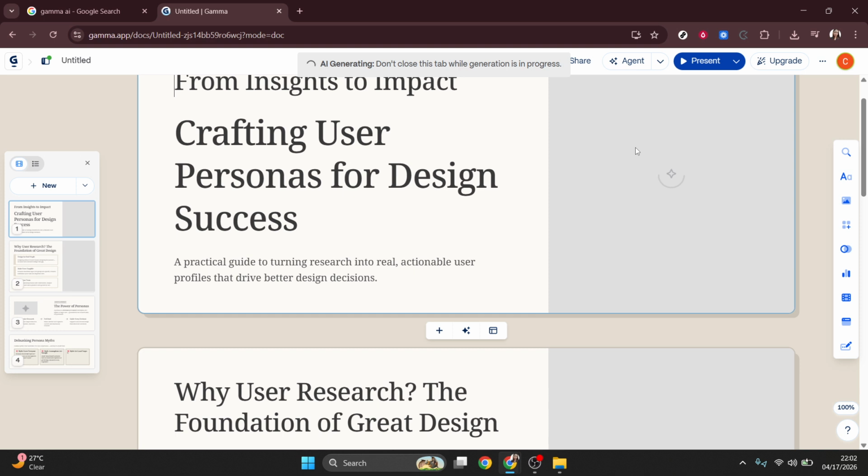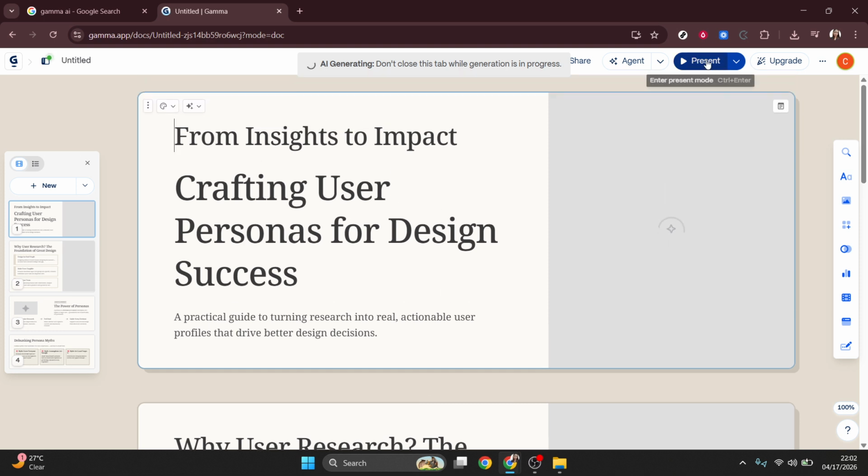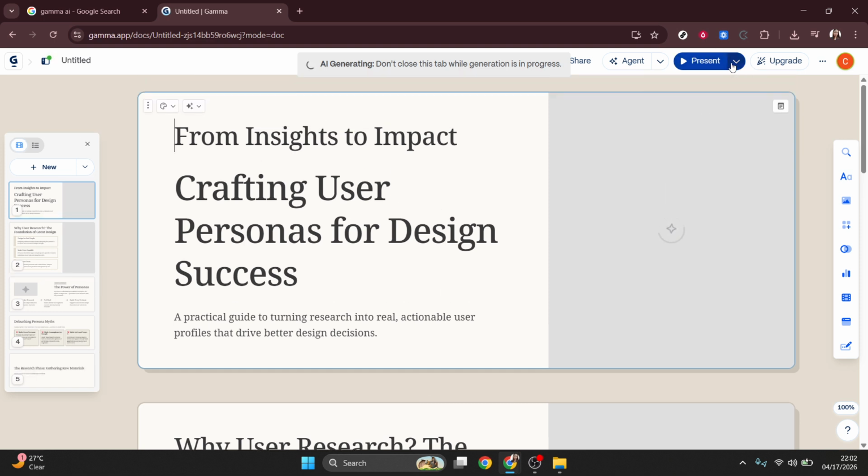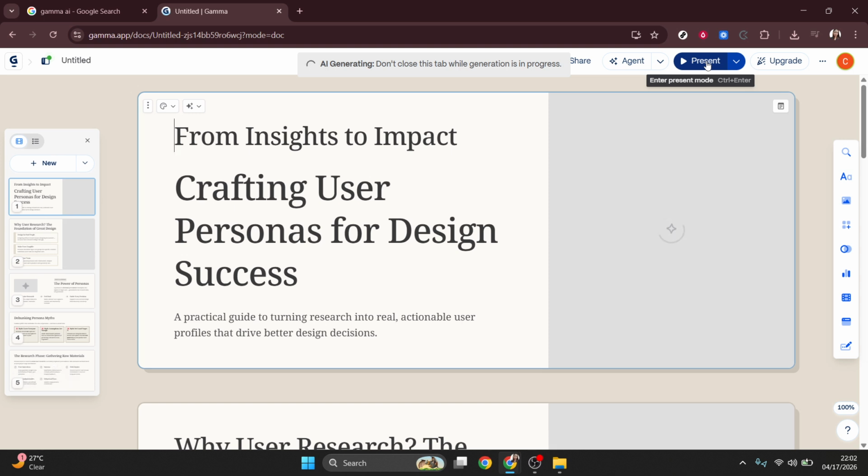When you're ready, click Present for slideshow mode or Share to send a link and collaborate with others in real time. Finally, export your presentation as a PDF or a PowerPoint file or share